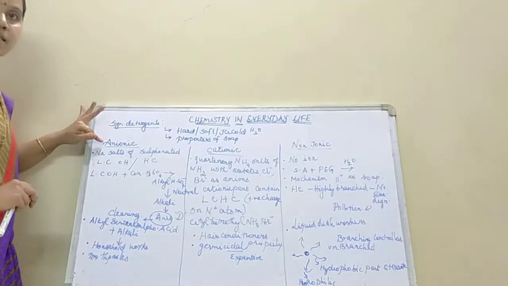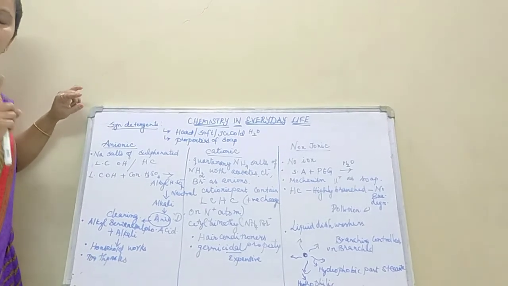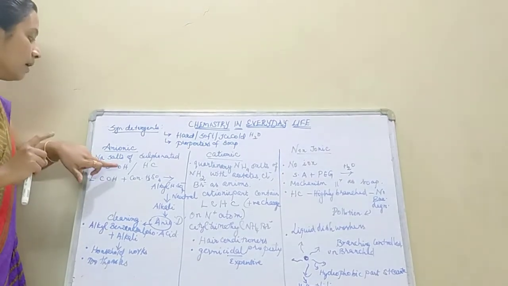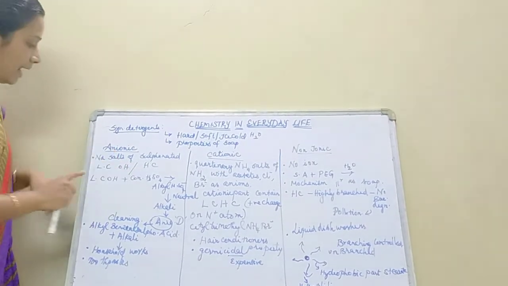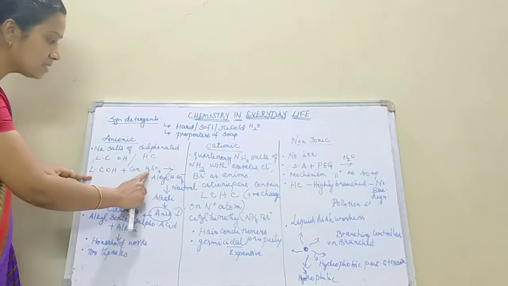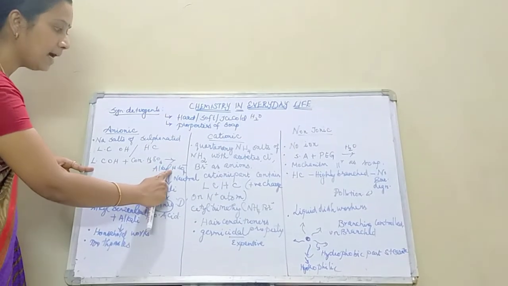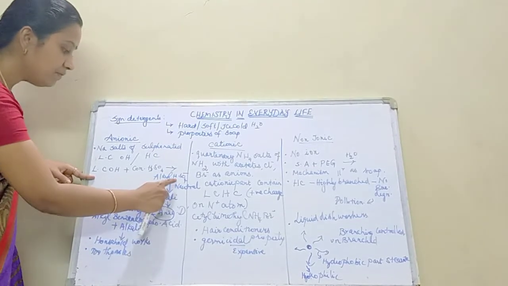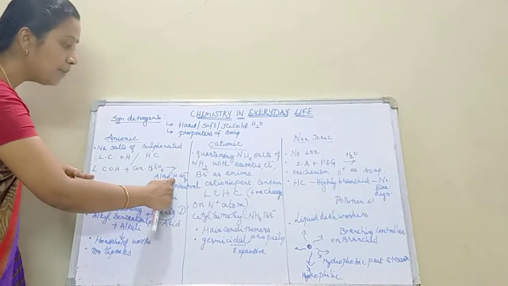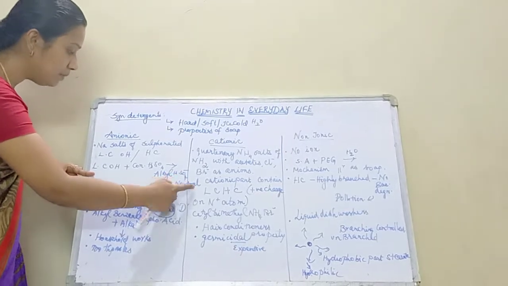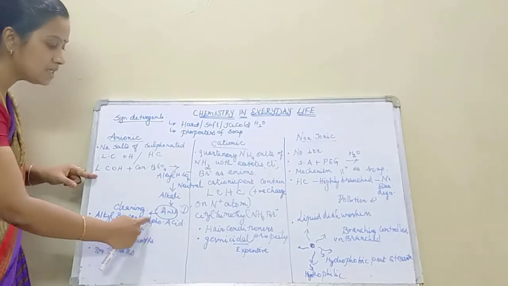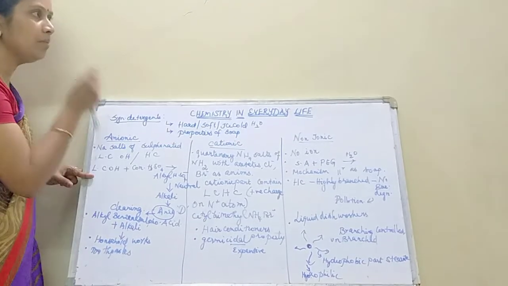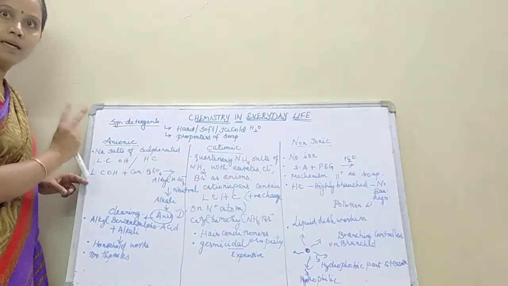I am repeating what an anionic detergent is. An anionic detergent is nothing but sodium salts of sulfonated long chain alcohol or hydrocarbon. Take a long chain alcohol, add sulfuric acid, and you get alkyl hydrogen sulfate which can be neutralized with alkali. In the same way, alkyl benzene sulfonates are produced from alkyl benzene sulfonic acid along with alkali. Why are they anionic? Because the anionic part is involved in the cleansing action.